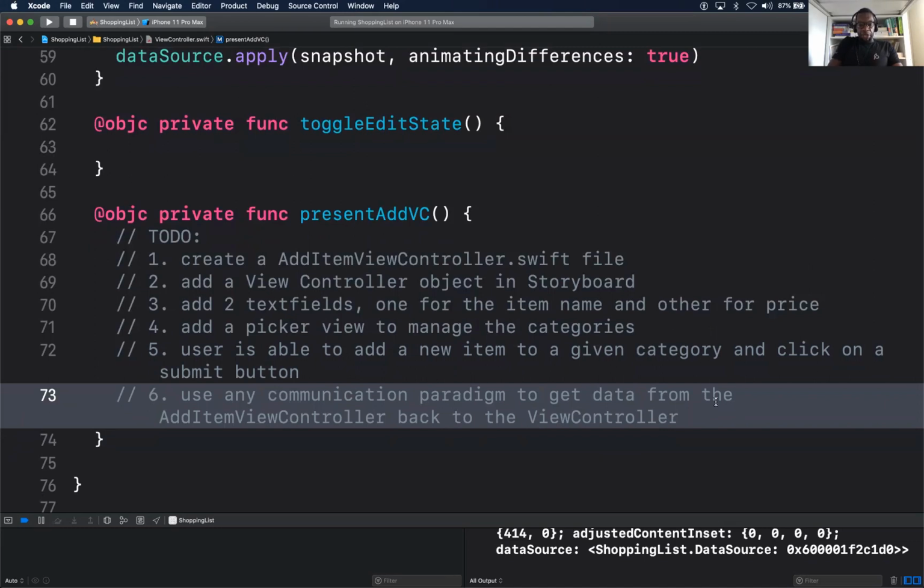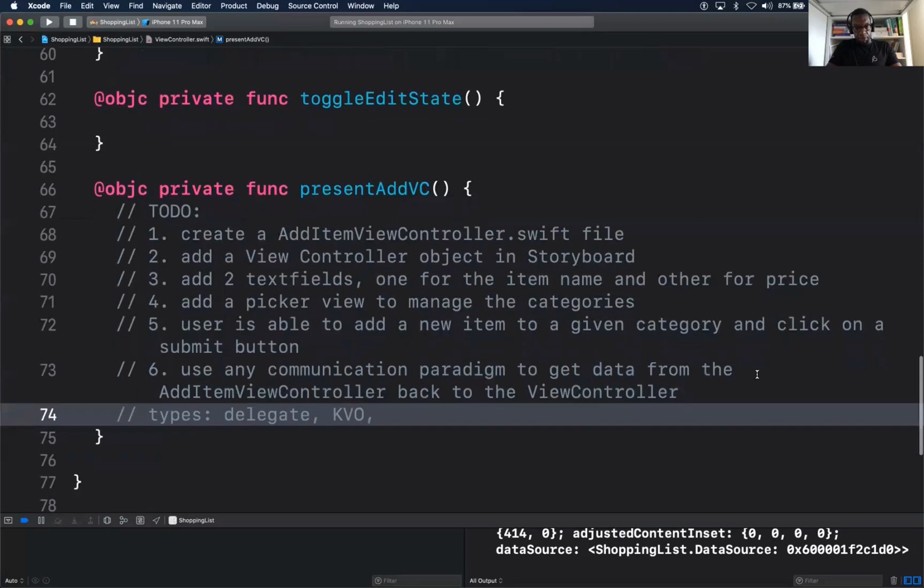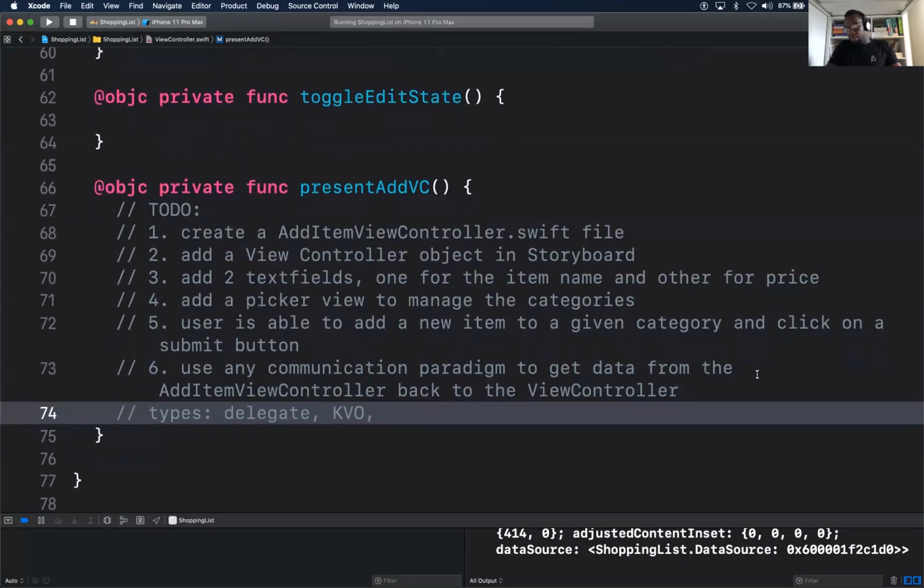What types of communications do we know? Delegation. KVO. Notification center.